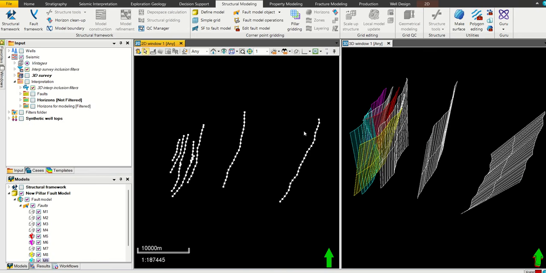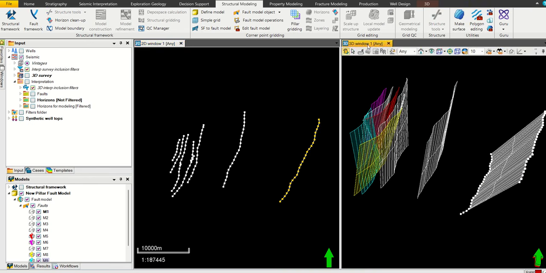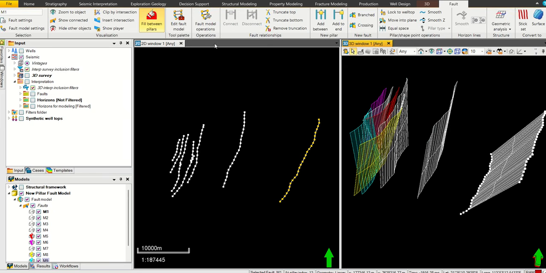This is a very easy step. I'm just going to select the fold in the 2D window and then select the 3D window. I'm going to click Photo Model and I have here smoothing and equal space. First, I have to click on the equal space, then I click on the smoothing in order to enhance the